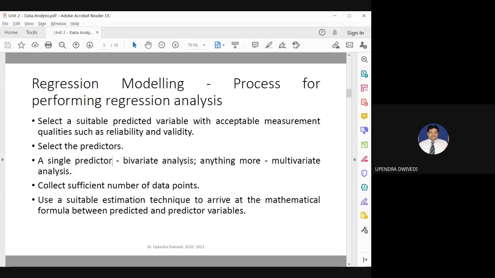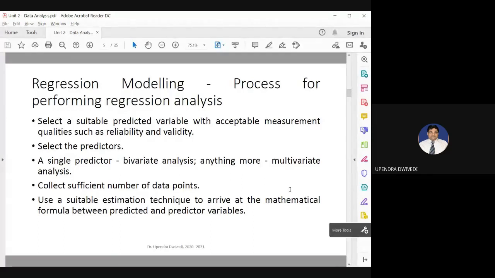Okay, so I'm expecting you are not going to respond, so we'll proceed further. We had discussed single-predictor bivariate analysis. Suppose we have taken the personal expenses prediction and it will depend on the pocket money.